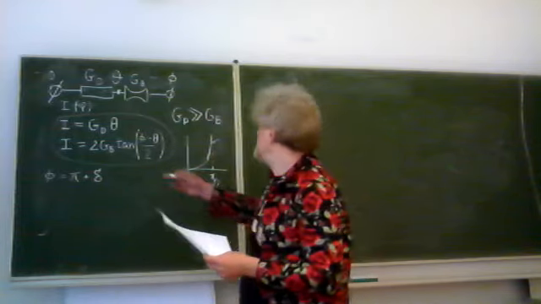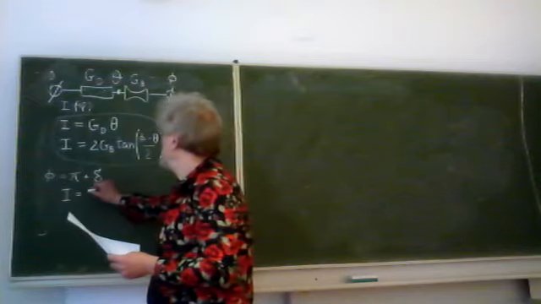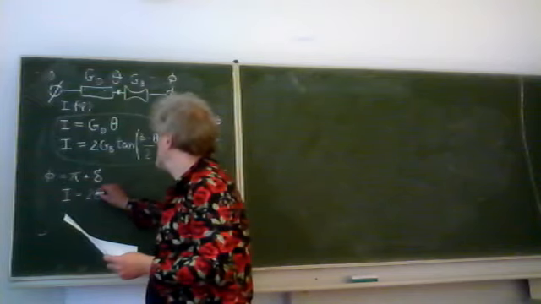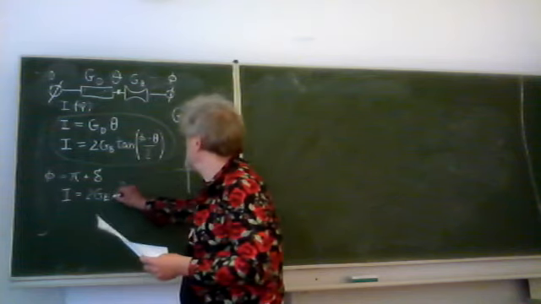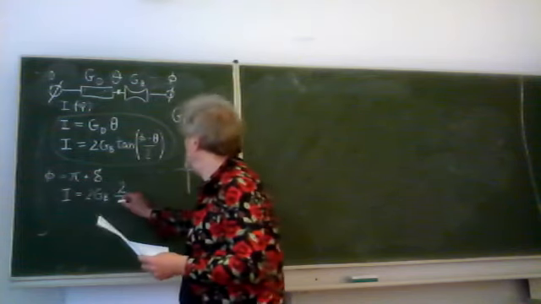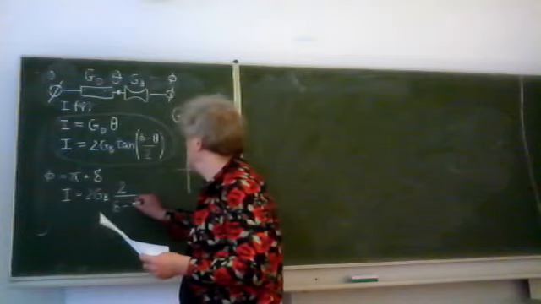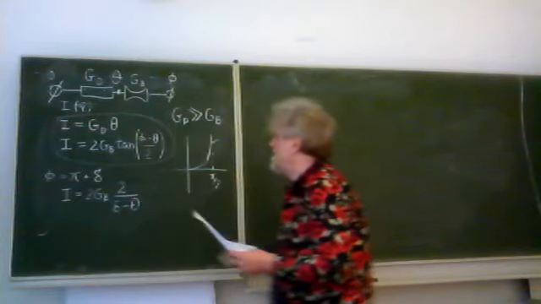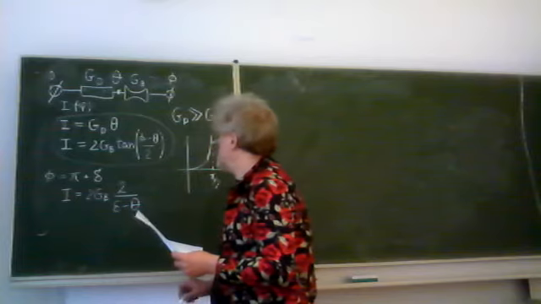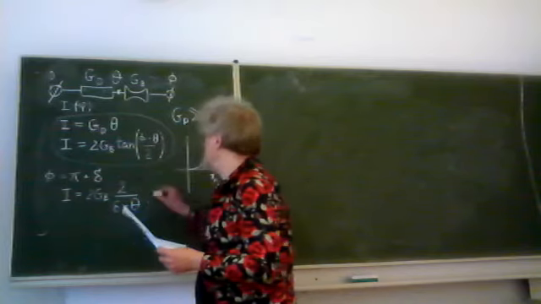So let me put it here. The current becomes 2 GB 1 over x. 2 pi goes away, delta minus zeta. And that equals